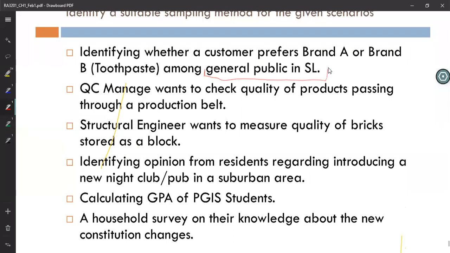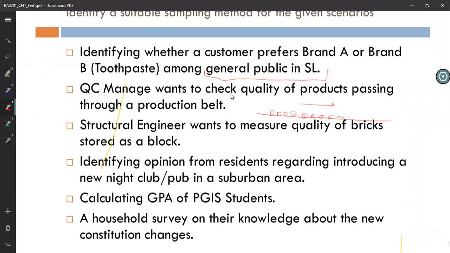A QC manager wants to check the quality of products passing through a production belt. Okay, now think about how you select it. Now, on the production belt, you see the products go along the belt, right? So the easiest one is to use systematic sampling, right? The QC manager usually knows per day how many products will be generated from this machine or from this production belt. And then if you need a sample of n, you get the k value and systematically,